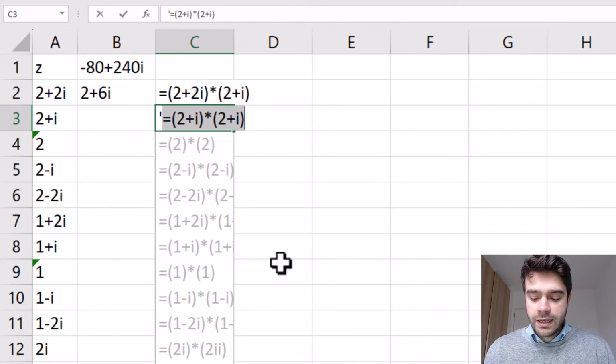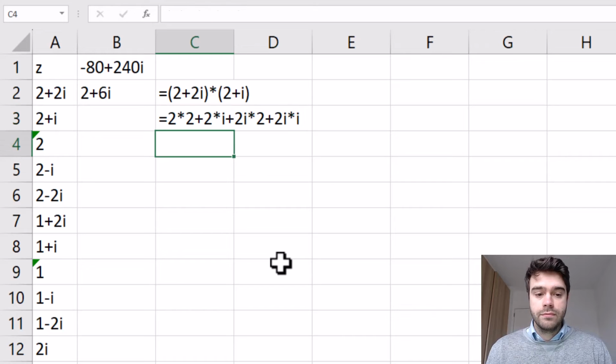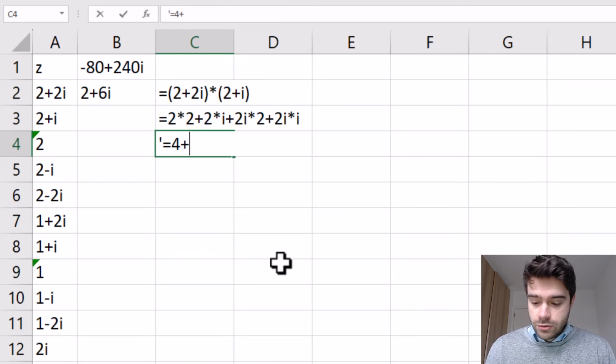Now what we are getting is 2 times 2 plus 2 times i plus 2i times 2 plus 2i times i. Okay, so now we simplify this a bit, so we are getting 4 plus 2i plus 4i